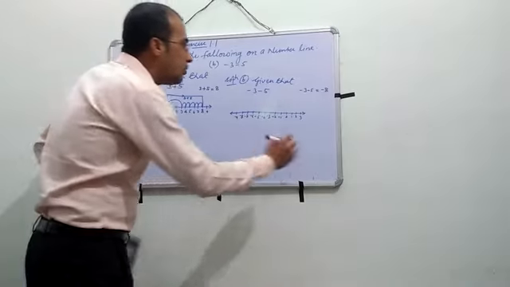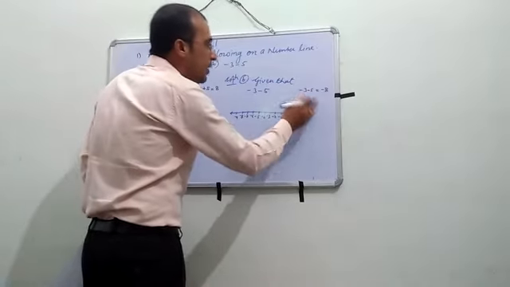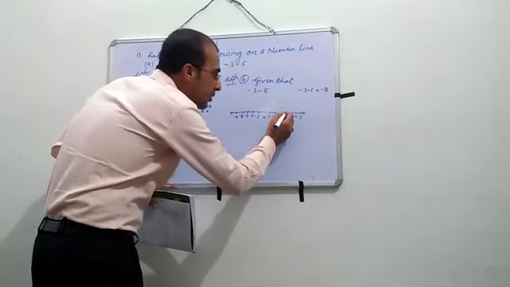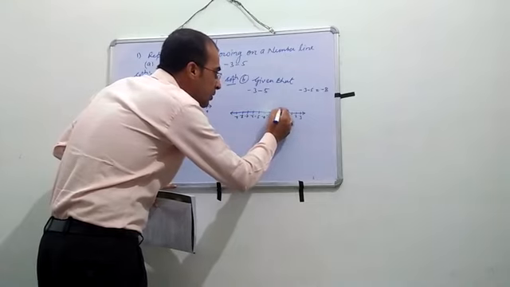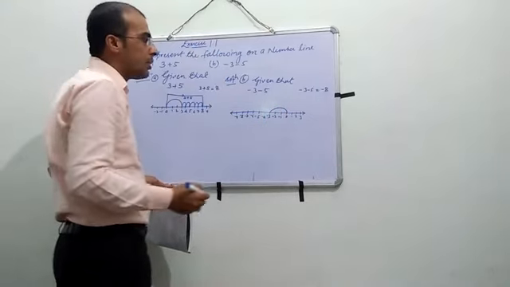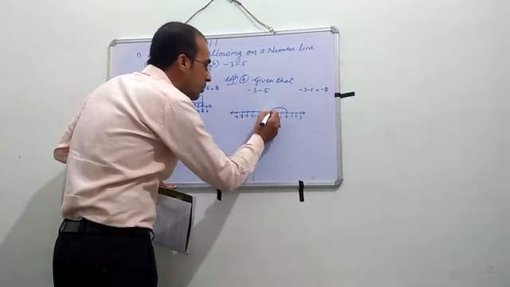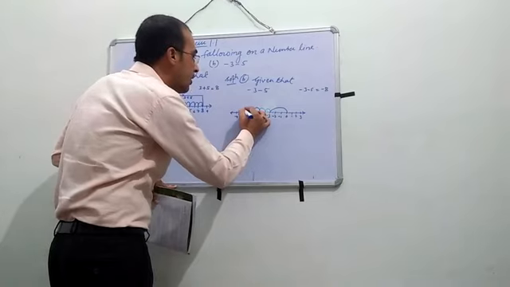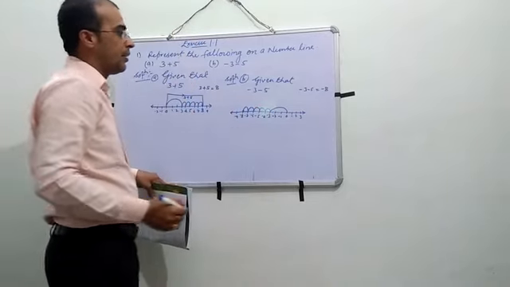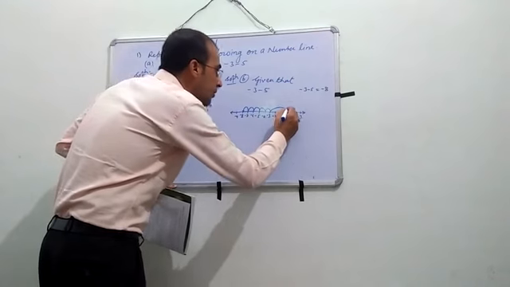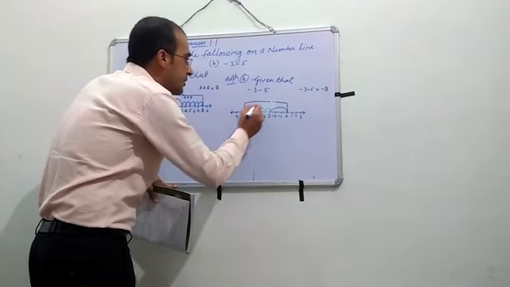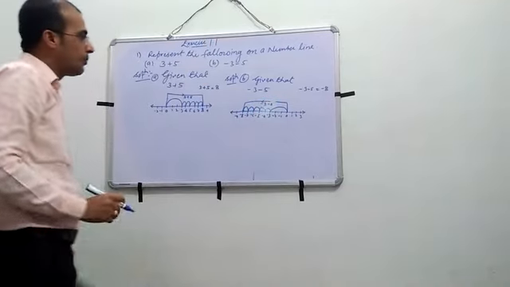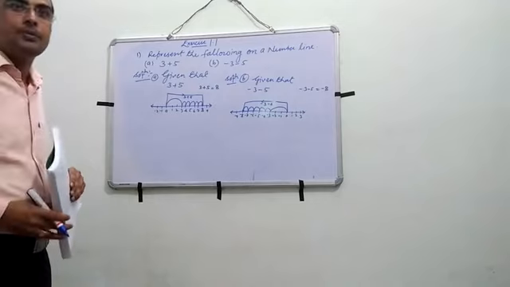It means first we will represent minus 3, then you will add 5. Then what will be the result? You can see from 0 to minus 3, and then we will represent minus 5. So this is 4, 5, 6, 7, and 8. Okay, this is the 8. So the final line will be like this: minus 3, minus 5. Okay, this is the first question.